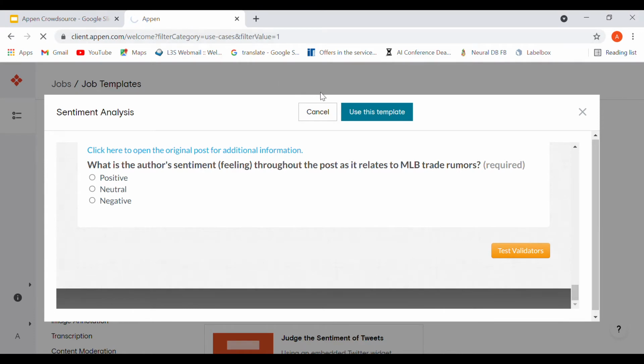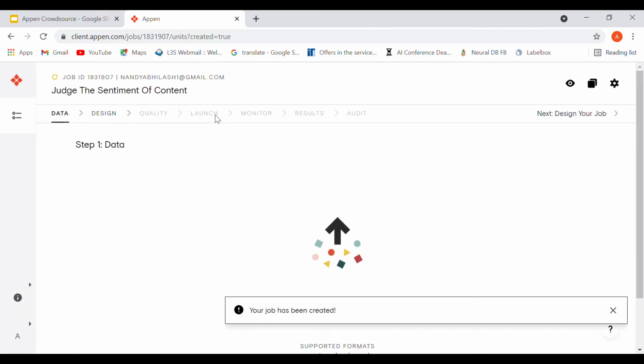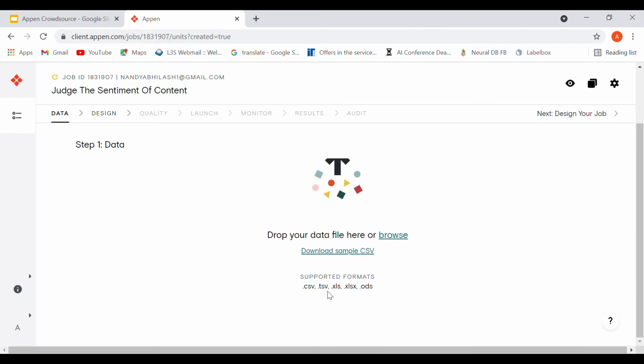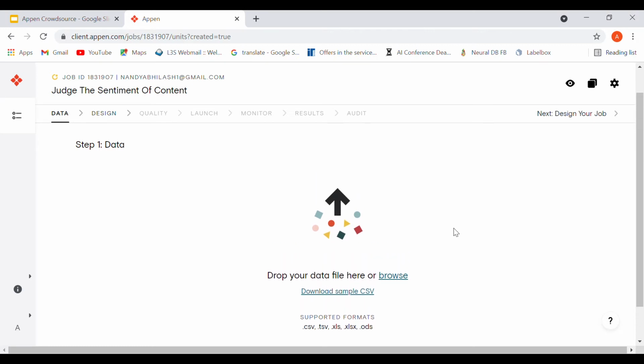okay, it's taking some time. All right, so the job has been created. Over here you can just feed in your data in the form of CSV. As you can see, supported formats are CSV, TSV, XLS, basically an Excel file, a CSV file in general. So you can feed it into this. It can have several fields,